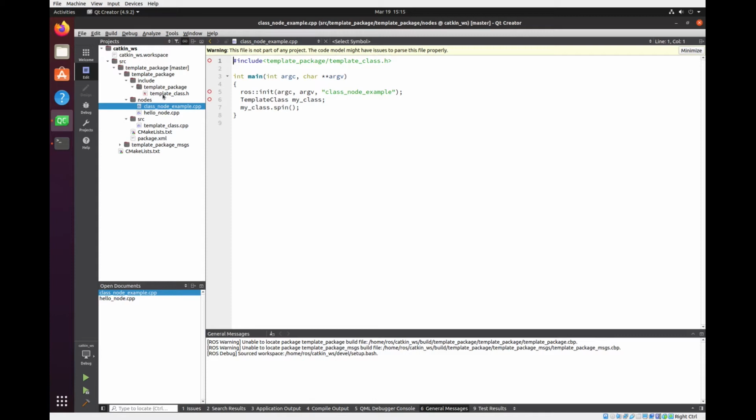I'll explain how to use this template package here in a minute, but before we get into that, let me show you how to build and run things in the